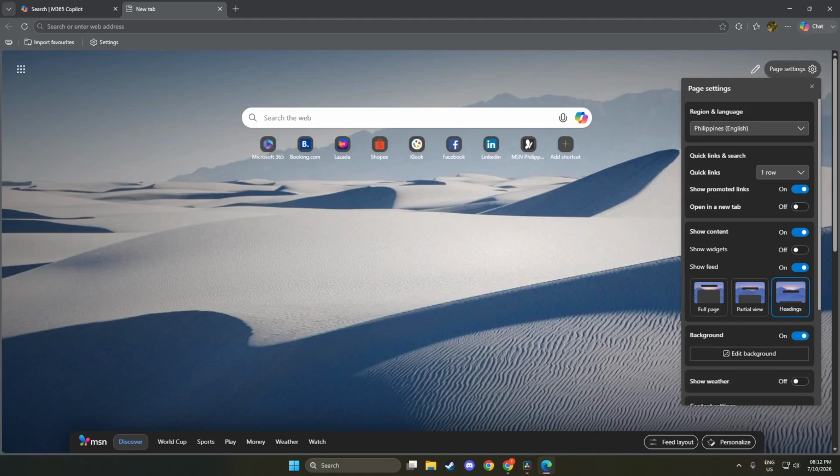Under the background section of the settings menu, you will find several options available for you to choose from. The first option you might see is the daily image. This feature allows Edge to display a different beautiful image each day, making your browsing experience visually appealing. You can also select a custom image if your version supports it.